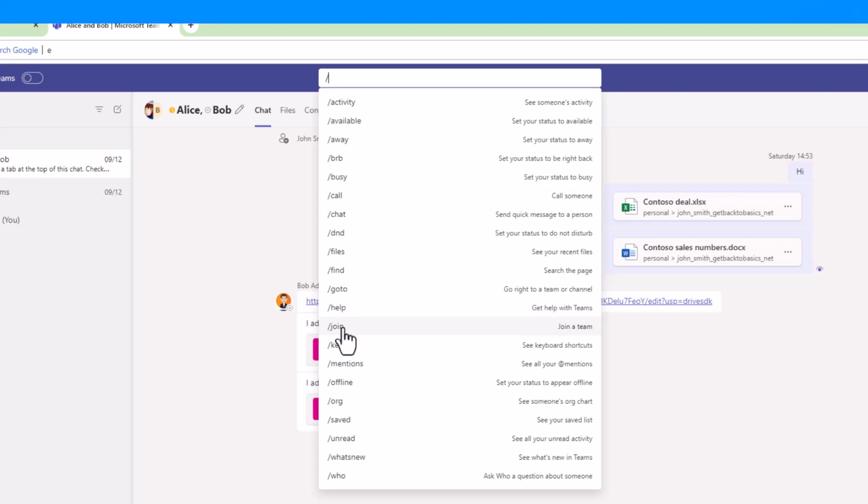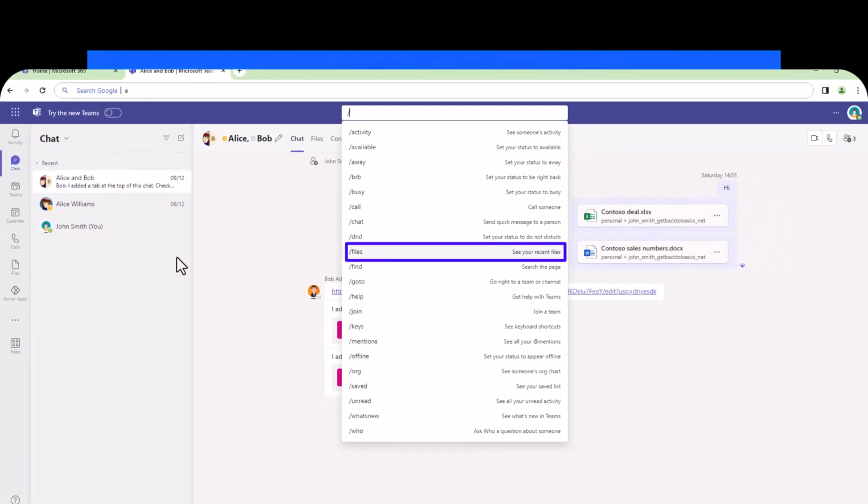To jump to other areas or sections in Teams, I can use activity to check someone's activity, and also I can look at their org chart. So I can go to activity to see someone's activity, and also I can look at org to see someone's org chart. I can use files to go to the files pivot on the left hand side. So if I go to files here, this will take me to the files pivot on the left hand side. It's not this files here in this specific chat window,